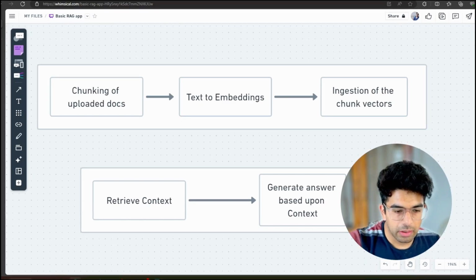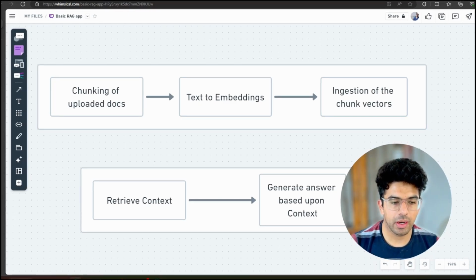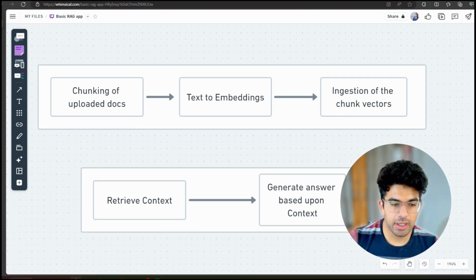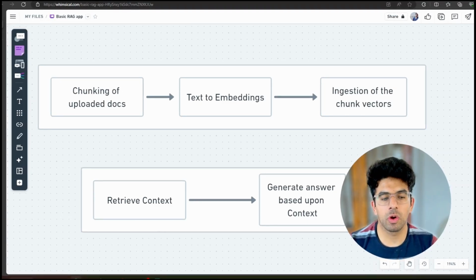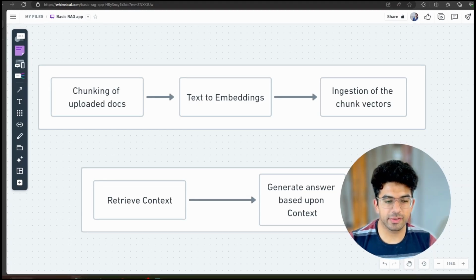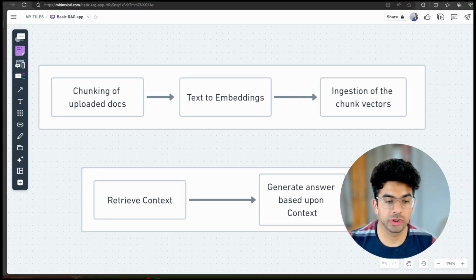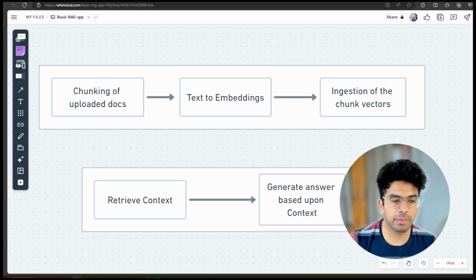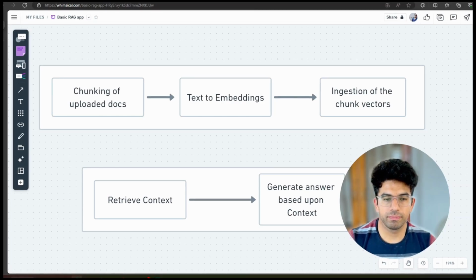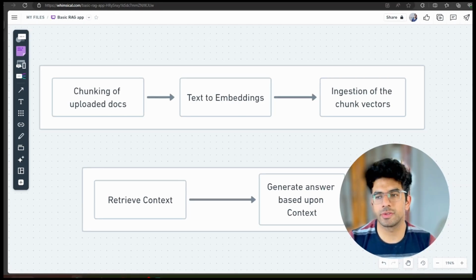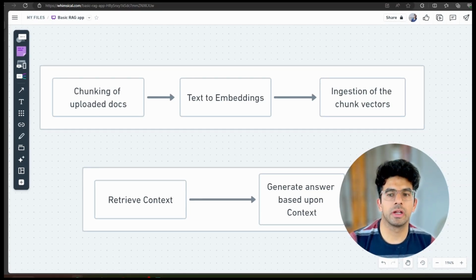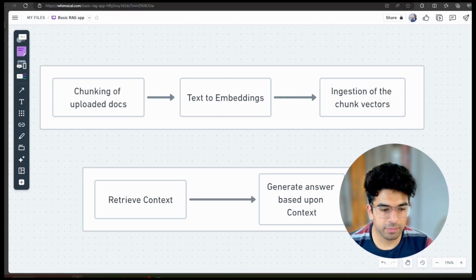Now, during ingestion, there are a few steps such as chunking and converting those chunks into text embeddings, and then we ingest those text embeddings into a vector database. Chunking is necessary because there is a token limit set by an LLM beyond which it cannot accept the inputs. We need to chunk the entire document into pieces. We can specify the piece size depending upon our own requirements and the limitations set by the LLM which we are using. After we are done chunking the documents, we convert those chunks into vector embeddings.